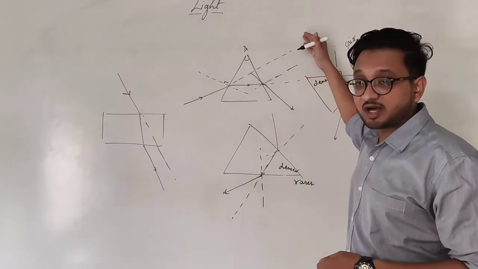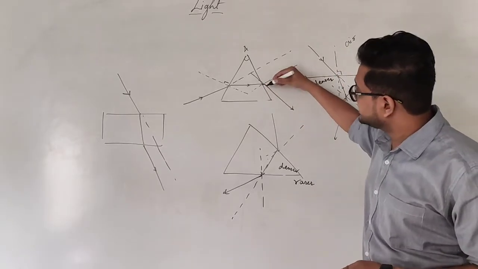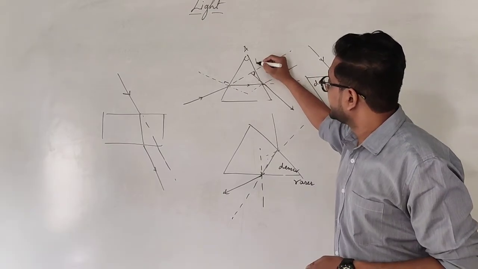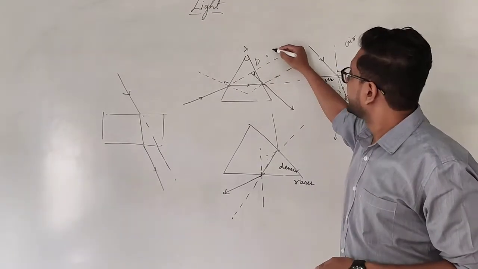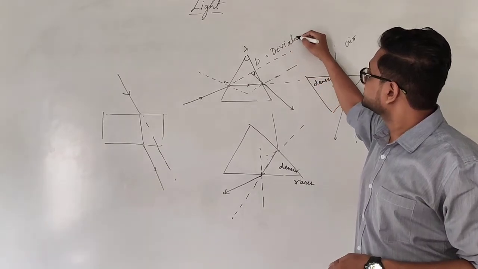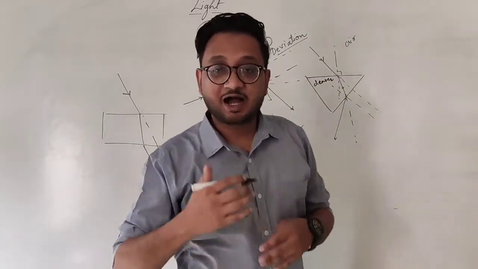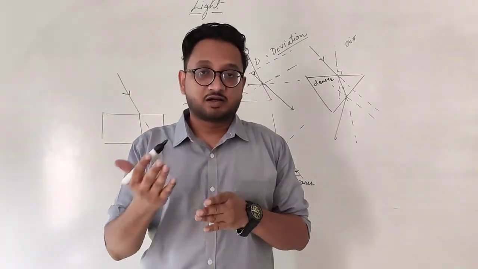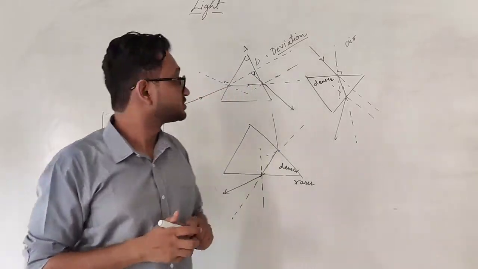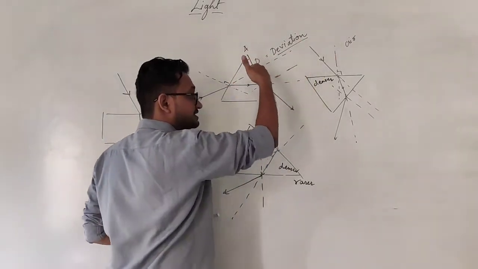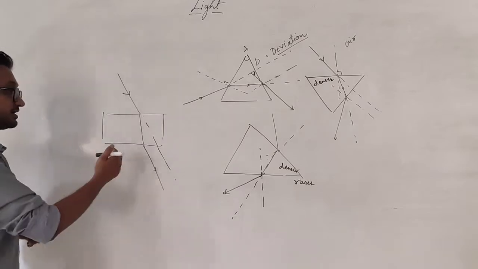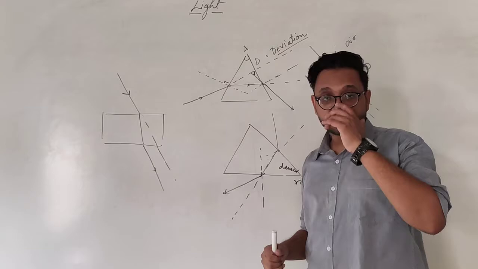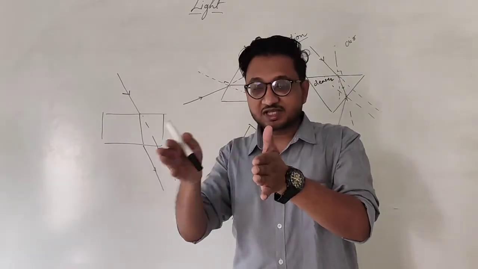This was its original path, and this is its new path. So we extend the new path and the older one, and they meet at a particular point, and this is called angle D, which is the angle of deviation. Which means how much has the new or the emergent ray of light changed from its original path. So it was supposed to go this way, but now it is completely going in a different direction. In a glass slab, the direction is still the same and parallel to its original path. So it has not changed the direction, only changed its path.